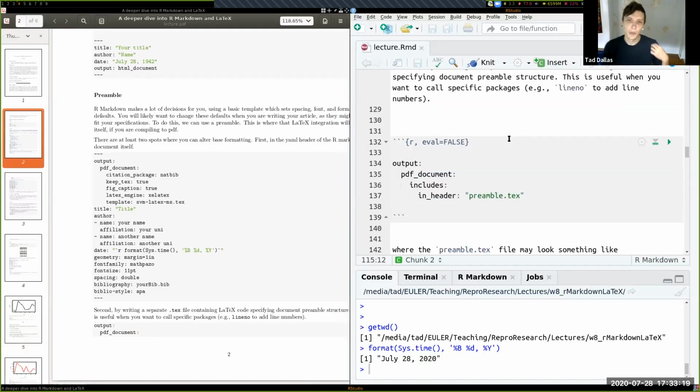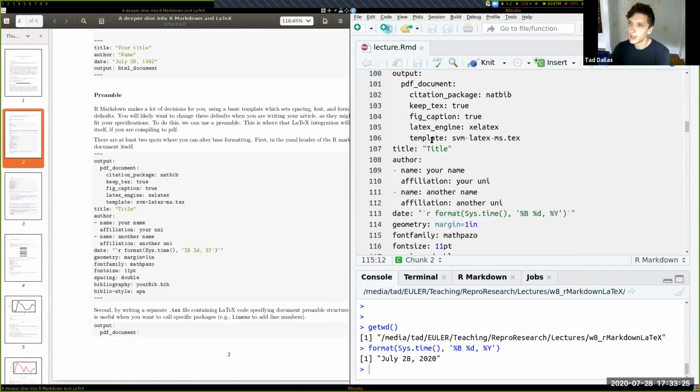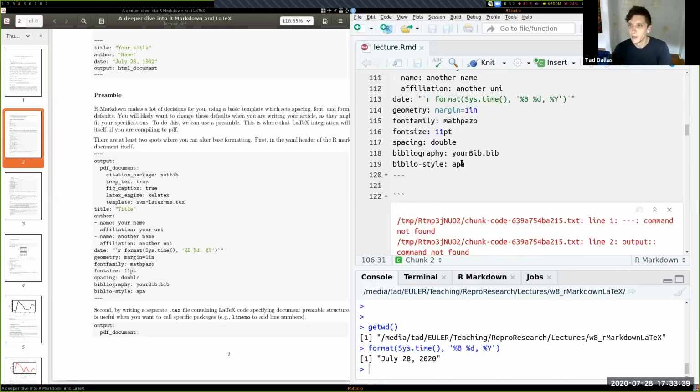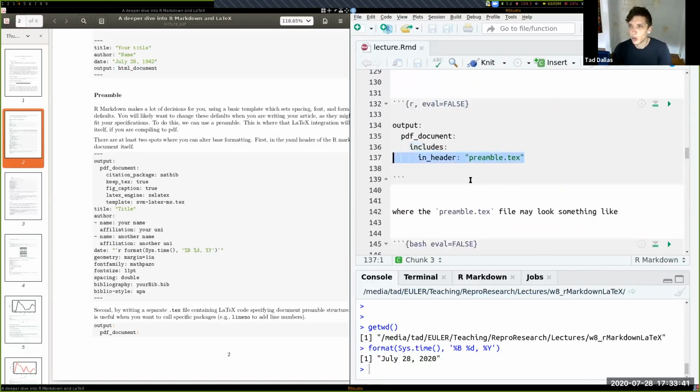Oh, and that's, okay, so apart from the template, above I give an example where we say, what template should we use for formatting? And that basically provides a bunch of TeX code that is going to be in a header that will give information on the structure of the document, the structure of the outputting PDF document. We can also just mash all of that TeX code into something in the preamble, which we say includes, and then in header, which means before you start the document officially. So it's going to be a bunch of code, and then begin document is going to be down there, and that sets up the environment.